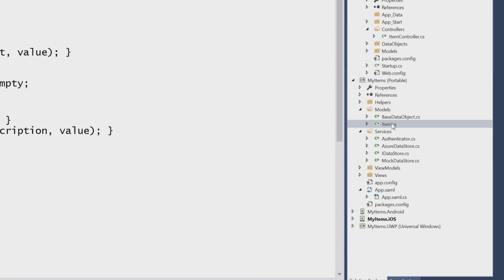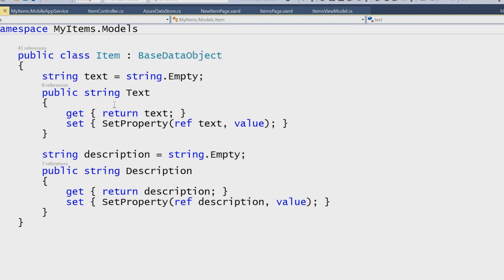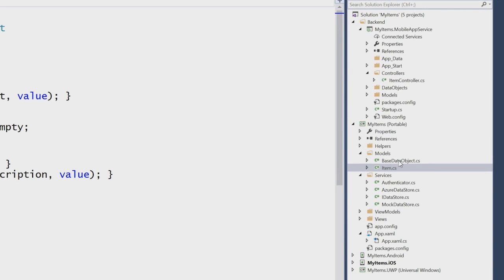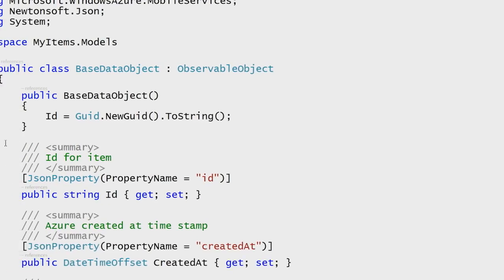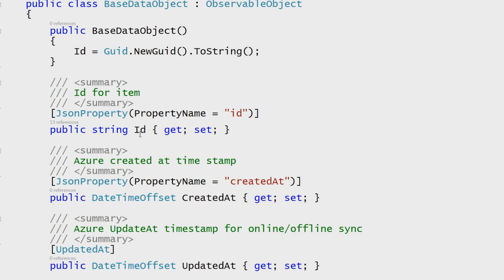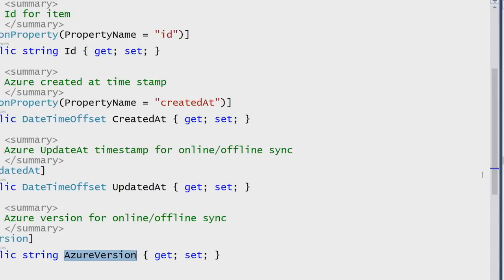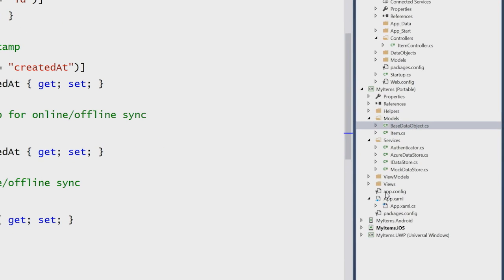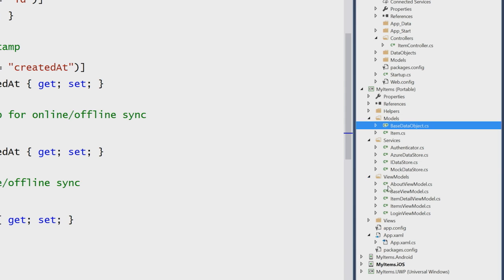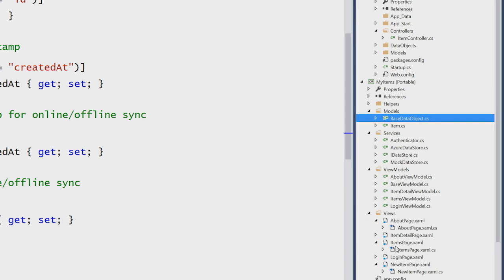So we have our main item, which is here, which we can see we have some text and description that we want to add. We also are inheriting from base data objects, so we have some Azure-specific properties such as ID, created at, updated at, and an Azure version number associated with it for online-offline data synchronization. And then we have all of our view models. So we have an About view model, an Items view model, a Login view model, and all of our views